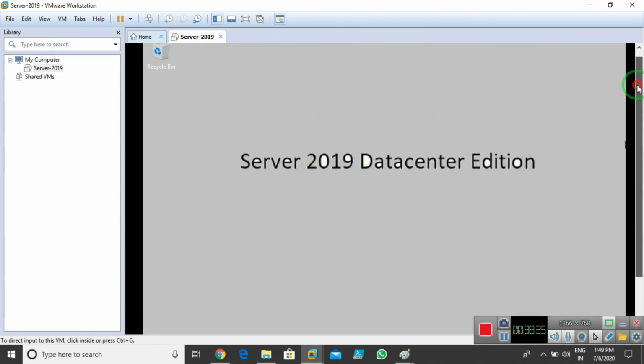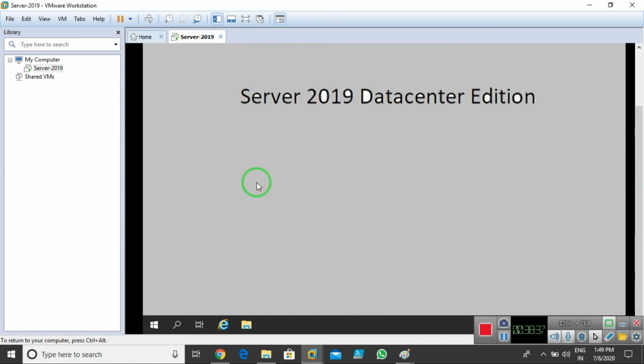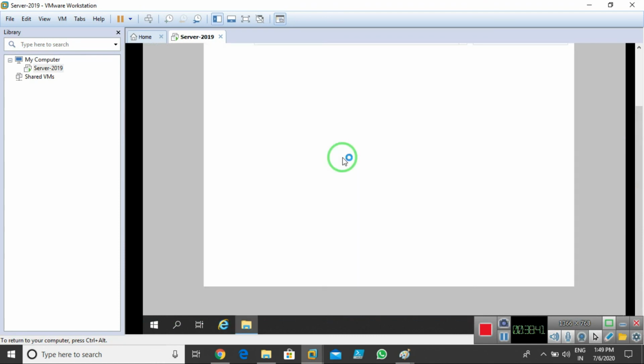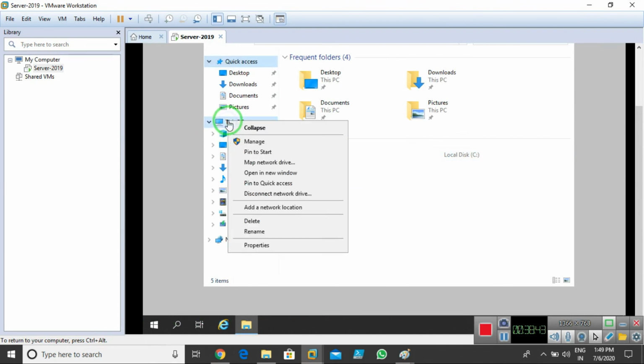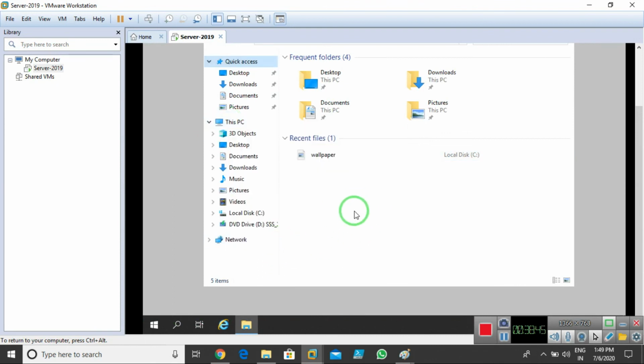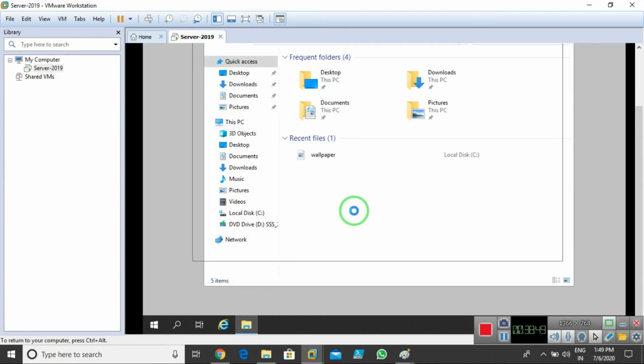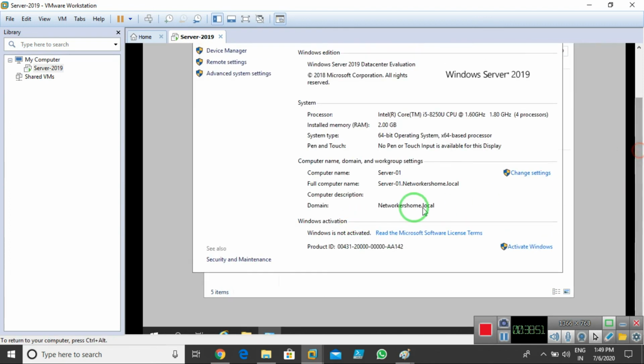Now if I open File Explorer and go to the properties of This PC, as you can see, we have a domain. Previously it showed workgroup. Now it shows the domain networkershome.local.